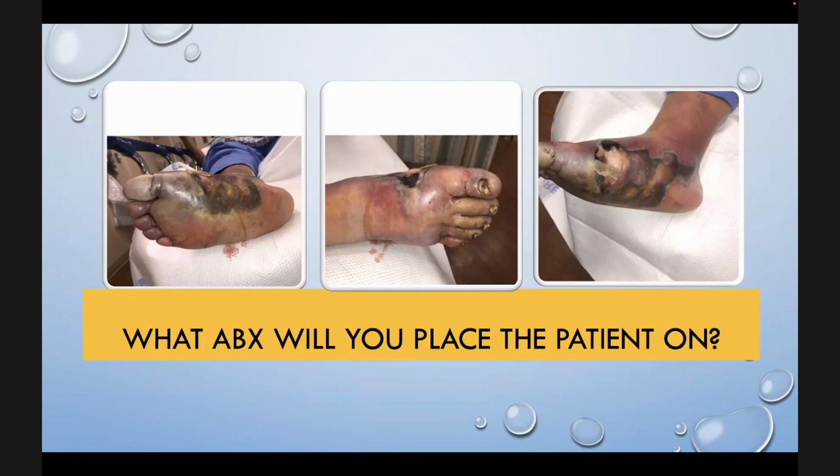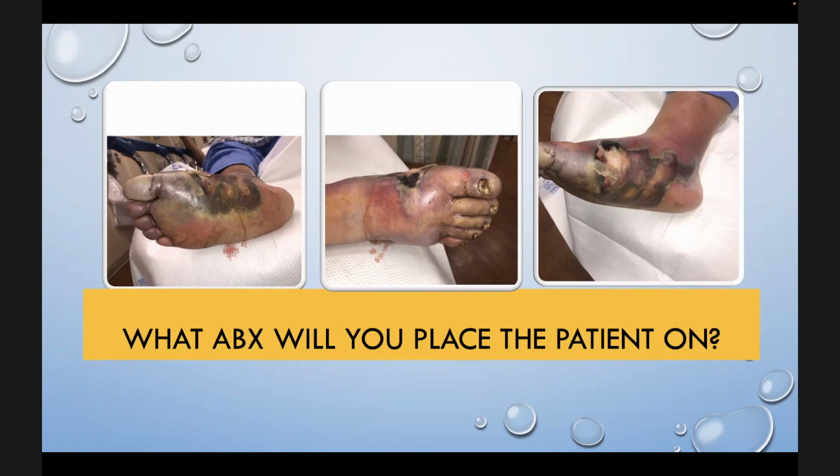So when you go to extension, you're going to say, okay, let's do a septic workup. What does that mean? That means the patient could have bacteria in the blood. The patient could be septic. The patient could have endocarditis. The patient could have an abscess in a tooth that caused the foot infection. The patient could have Pott disease, which is a TB bone infection. So a lot of things could lead to a patient spiking fever. So any patient who is spiking fever, even though you know where the infection might be coming from, you want to rule out other sources. A septic workup is just trying to rule out any other sources that this infection might be coming from or